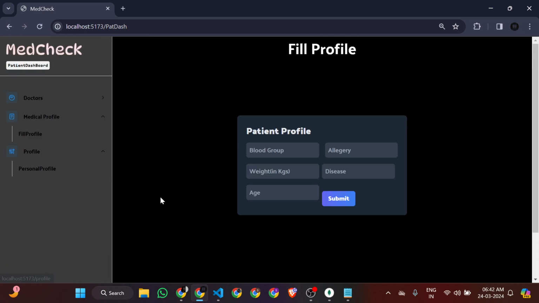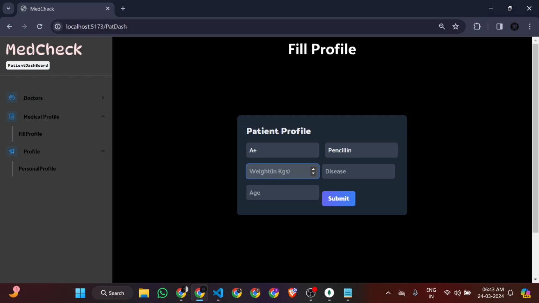And you can fill this form. So this form takes the patient medical history and medical data. So it was basically a hackathon project, some UI part and some backend. The high-end backend scalability functionality is not done properly, but a bare minimum platform is created. So let me just quickly go to the blood group and add some allergies and all. Allergy is basically the allergy to drugs, like a particular drug category can be the allergy